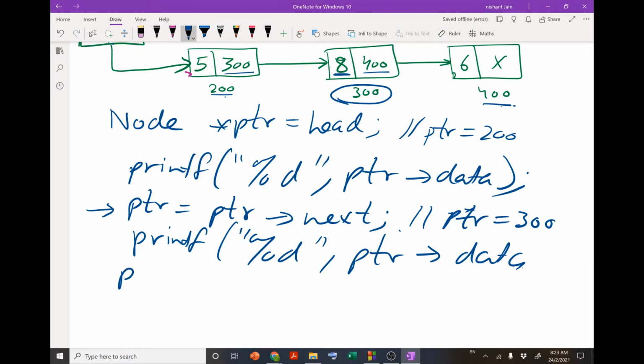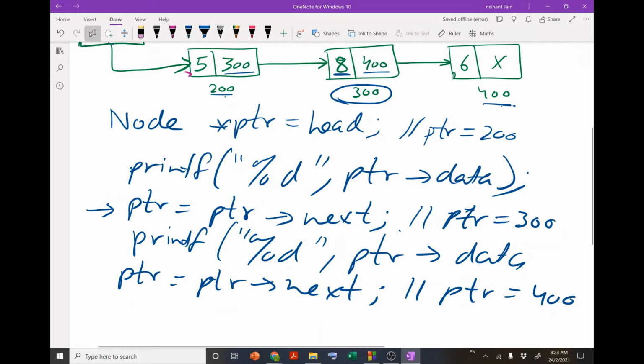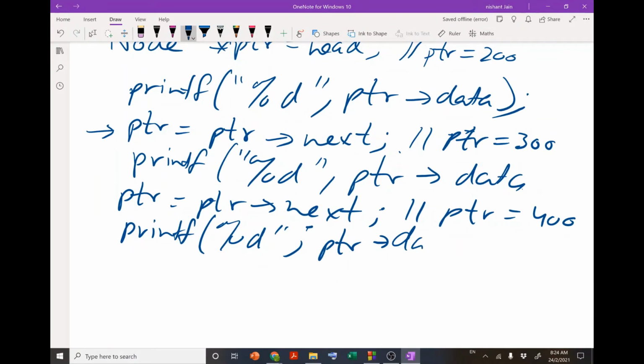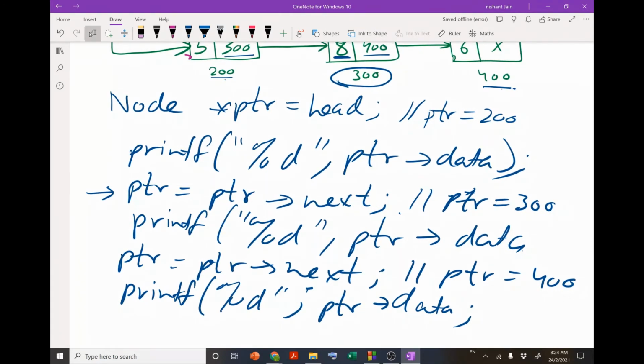And then again, if I update the value of ptr, the next value of ptr will be 400. So again it is going to print this value, and then again it will update the value of ptr.